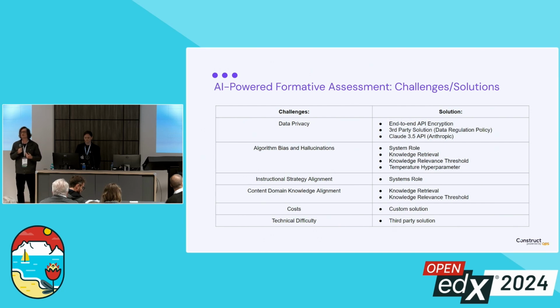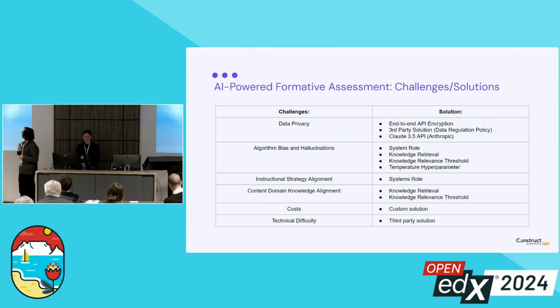The systems role is a standard component of AI-powered applications. And you can think of a systems role as providing instructions for the large language model, which essentially informs the type of output that it would generate. So this is where prompt engineering practices come in. And we can intentionally provide the correct answer within the systems role so that we create inclusive learning experiences.